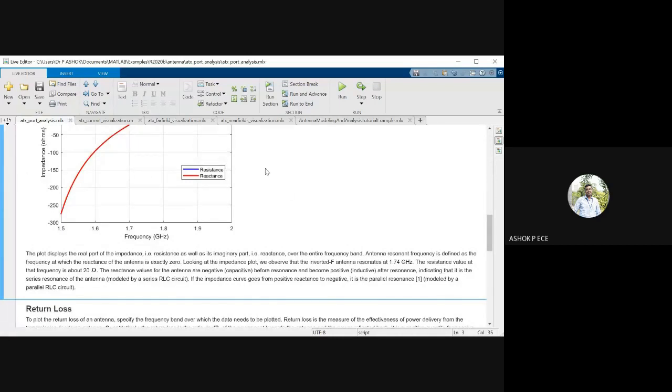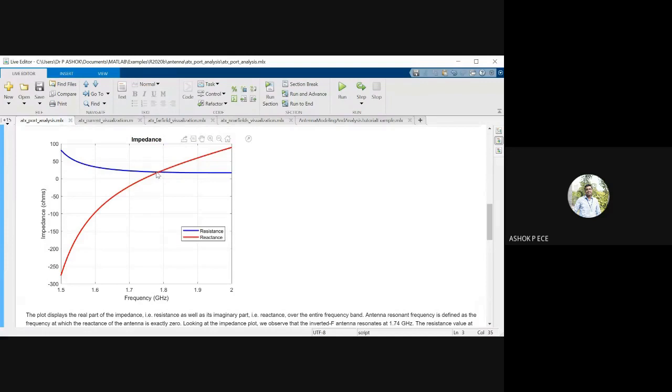The reactance value below the resonant frequency is negative, and above the resonant frequency it is positive. Below the resonant frequency the reactance is negative, which means the antenna is behaving like a capacitor, and above the resonant frequency the reactance is positive, which means the antenna is behaving like an inductor. At resonant frequency, the antenna behaves like a resistor. So the antenna is just like an RLC